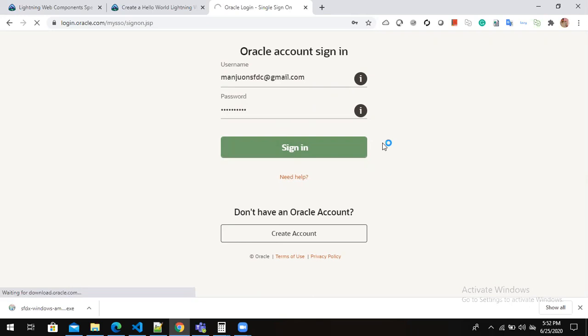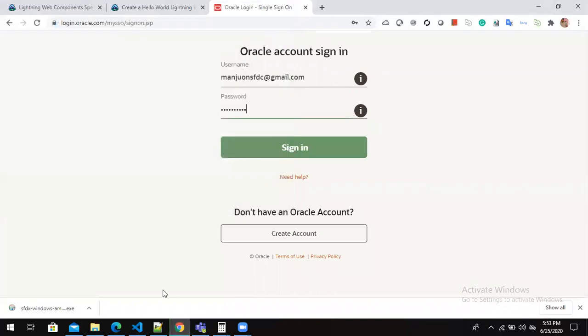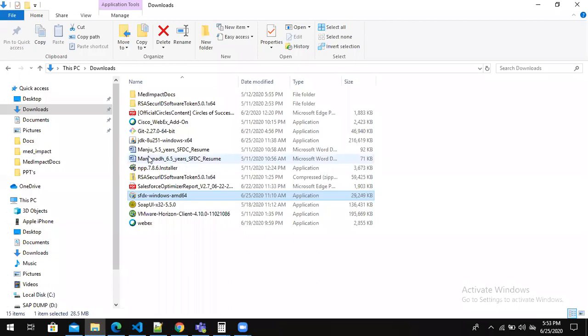If you don't have an Oracle account, you have to create a new account, and from there you will be able to download the Java software. Now I'm able to download Java. I already have this installed on my machine. This is how you will get an exe file.